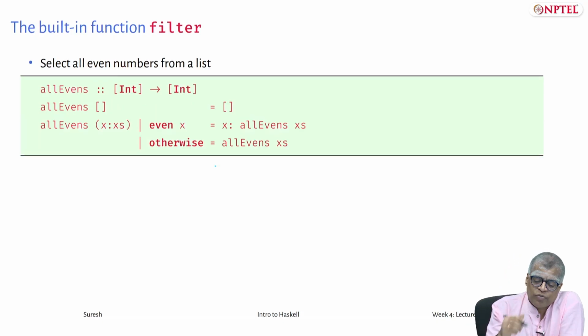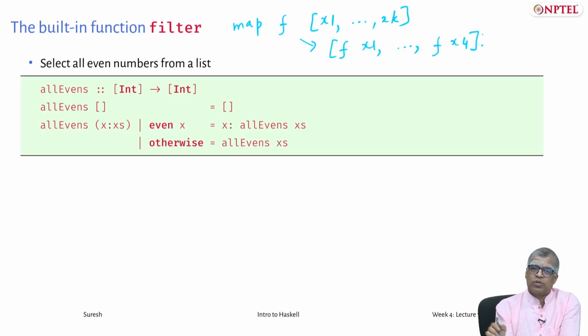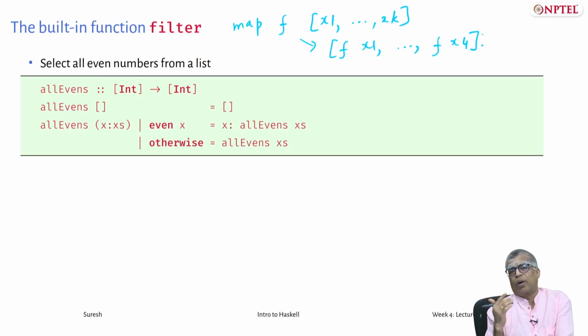Okay, so map is one function. Map takes f and a list. This is one pattern to remember. This is one standard thing you might want to do. Given a list, I might want to apply one particular operation on every element of the list.